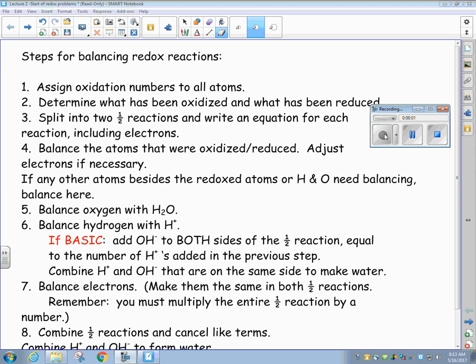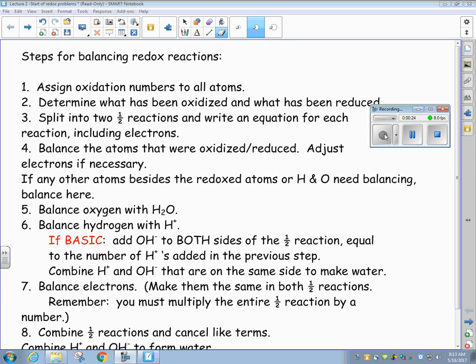We're going to learn how to balance redox reactions. In the fall, you learned how to balance chemical reactions, and we talked about the idea that matter's not created and it's not destroyed. It's just rearranged. Bonds are broken and reformed during the process of a chemical reaction. So we're looking at those same ideas here today, but this is a little bit more of a complicated reaction